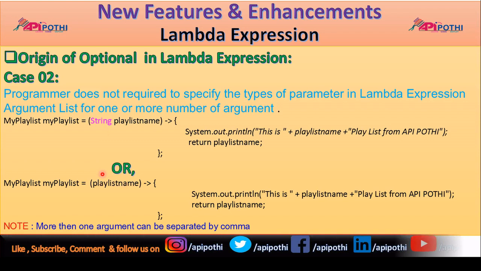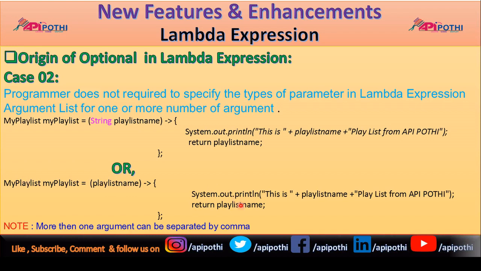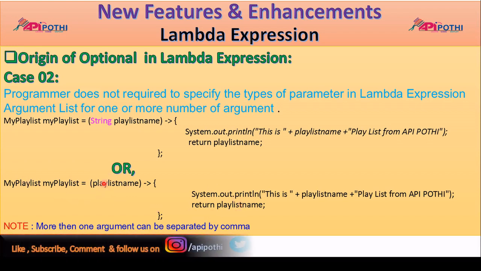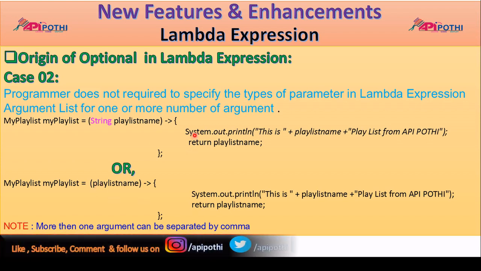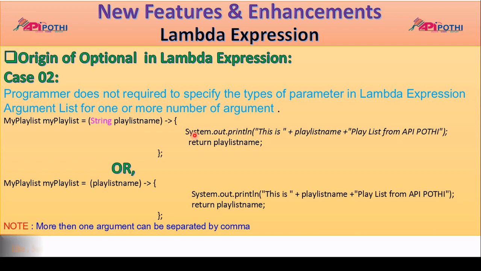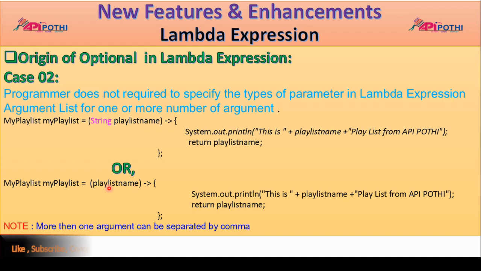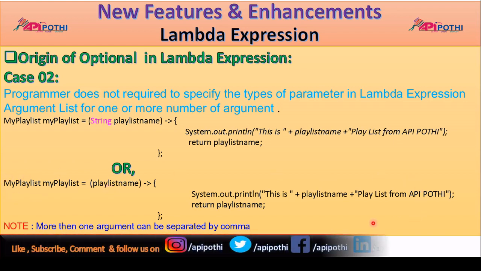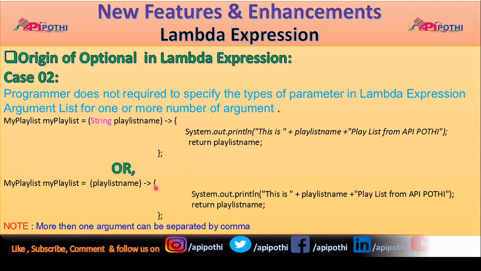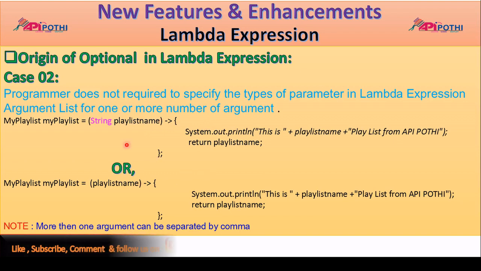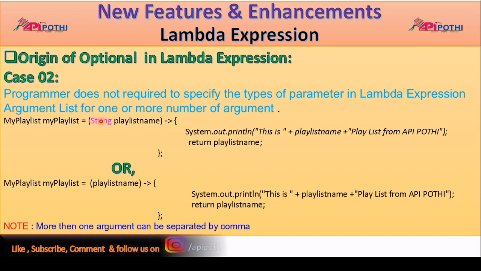So whatever the type parameters in the argument list, you can avoid writing them. Without type parameters you can write, since the lambda expression is enough to understand what my type is, because it is directly targeting the functional interface, which has the argument list with the types. So it basically maps the type from the functional interface method. This is also optional, it isn't required. If you have more than one argument, obviously you can put them comma separated, but it is not mandatory to write the type.